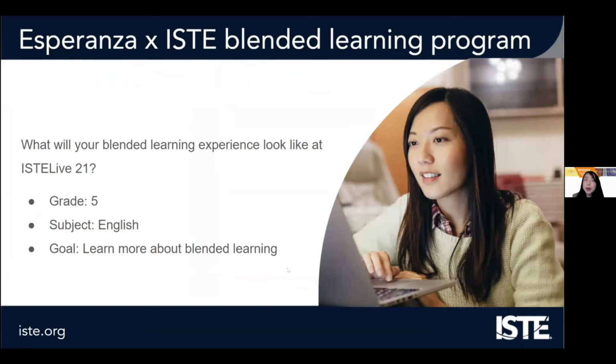When I'm thinking about it, I really want to start from a very simple point, like an educator view. Like, what will your blended learning experience look like at ISTE Live 21 if you're a 5th grade English teacher and you have a goal to learn more about blended learning?